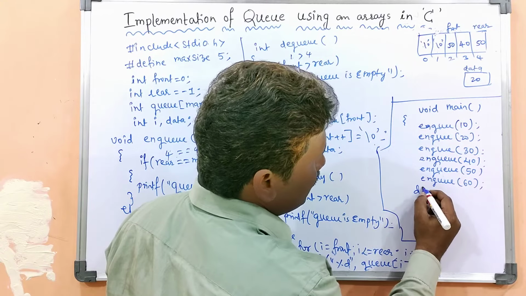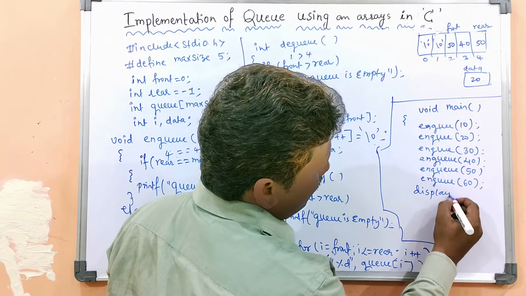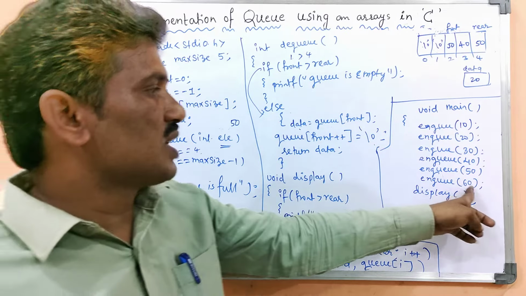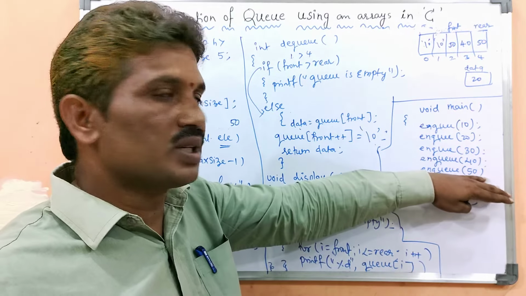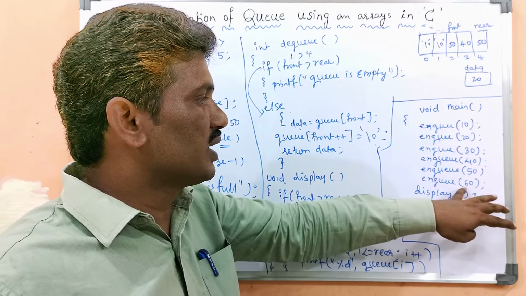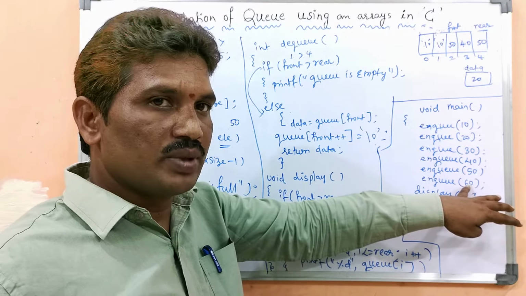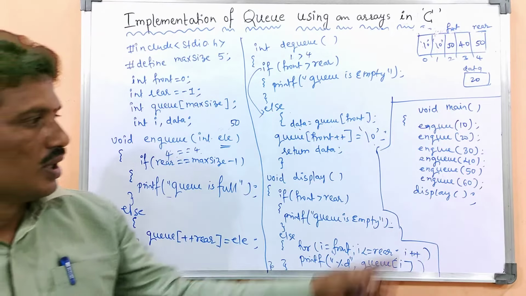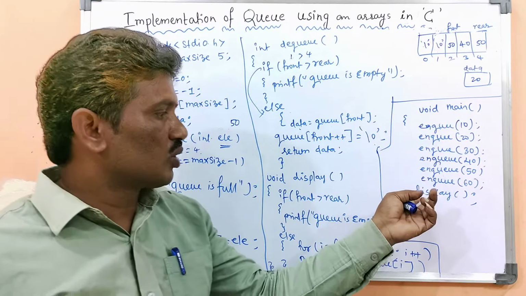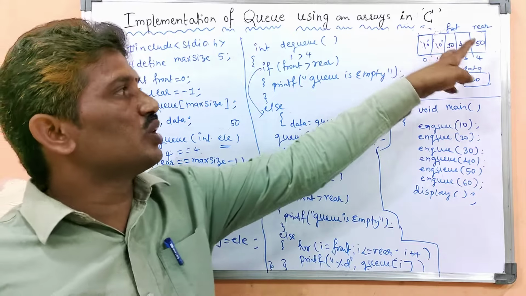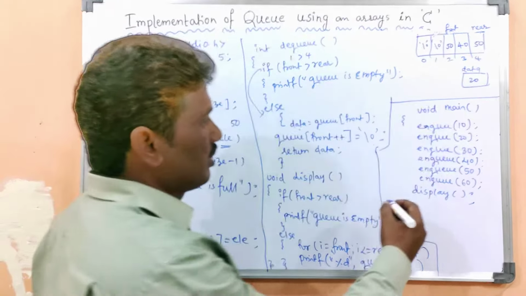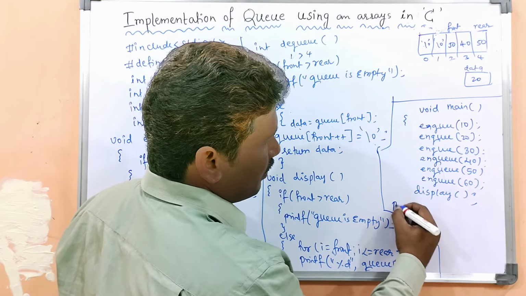Then display. Up to only 5 elements will be stored. Whenever inserting enqueue 60, which can't be stored, it shows the message that the queue is full. Then display: whenever you call display, first 10, 20, 30, 40, 50, all the elements will be displayed. Then printf